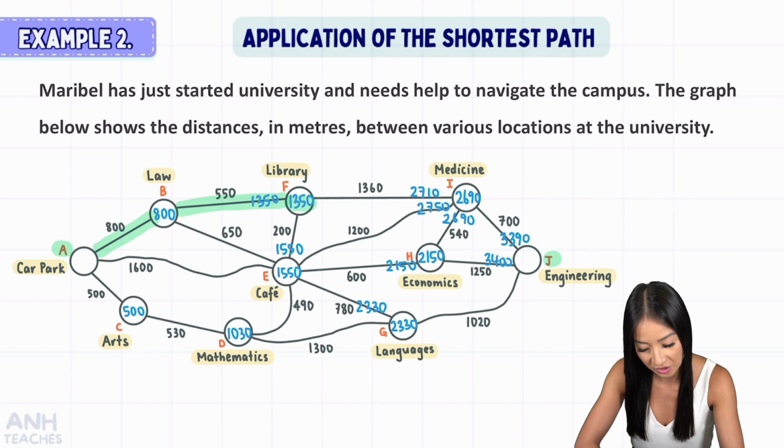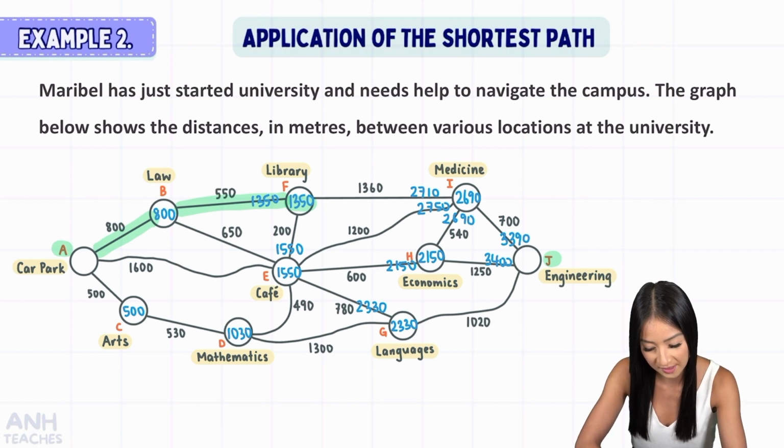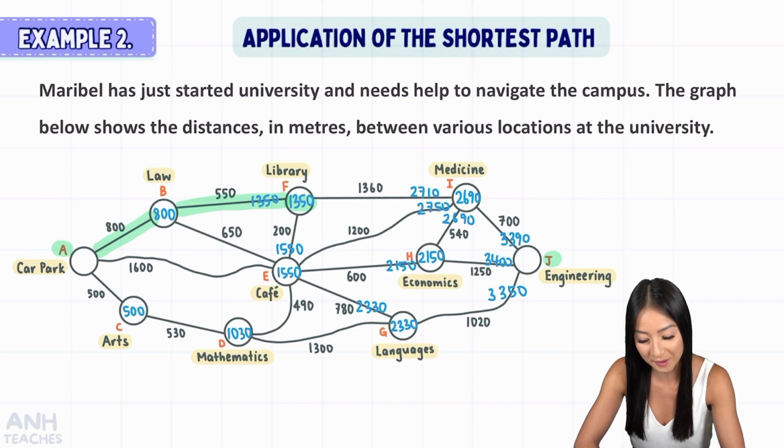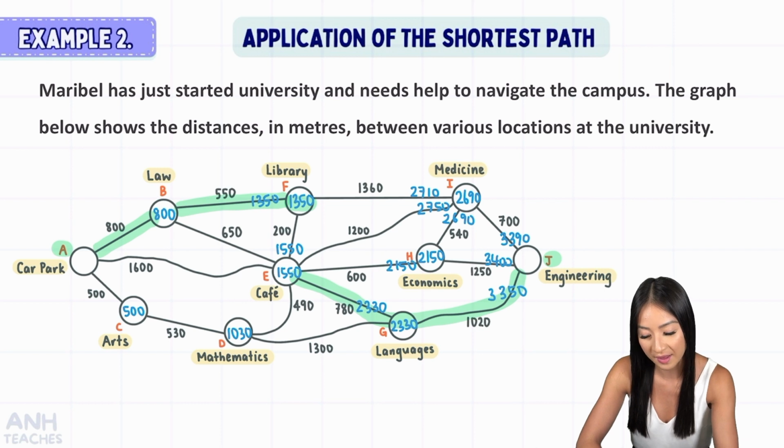And then 2,330 plus 1,020, that's 3,350. So as I suspected, we still keep this edge and this edge from the original shortest path, but we